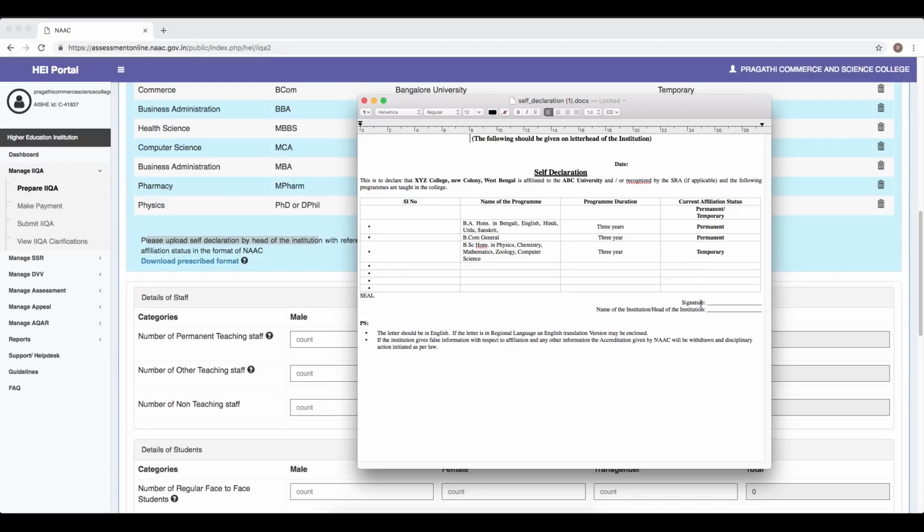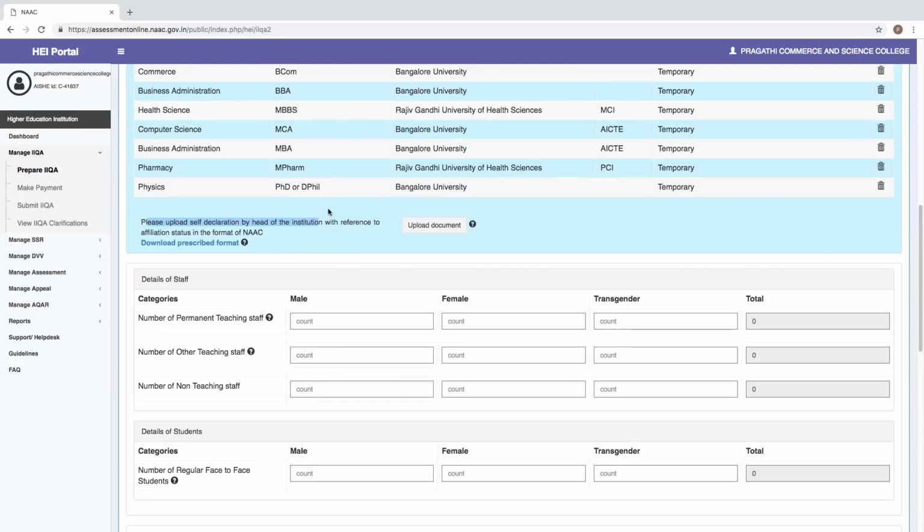This has to be duly signed by the head of the institution with the seal of the institution. The same should be printed on the letterhead of the institution, and that has to be scanned and uploaded. One such is being done here already.